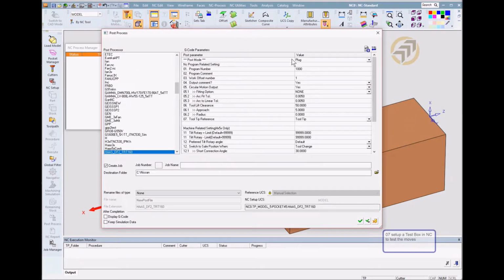Post mode: plug, that means in this mode you need to have a registered dongle to run Cimatron plug. Demo will only run 88 lines, okay? More than that it will stop. So for machine simulation, if you don't need to output the G code, just go to machine simulation mode. Let's set this, yeah,